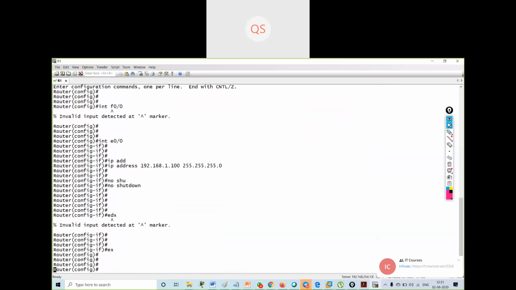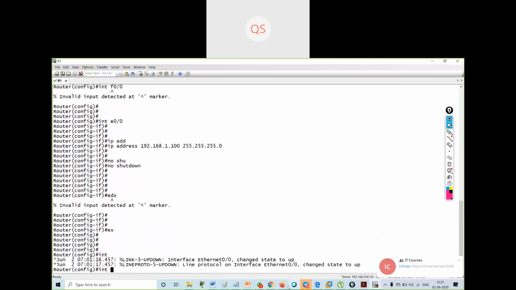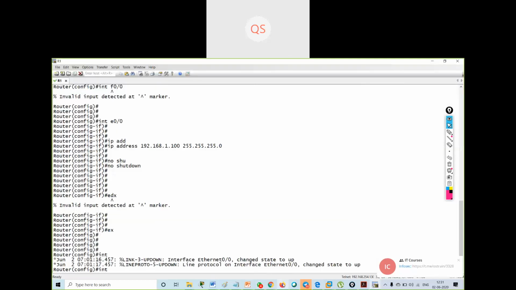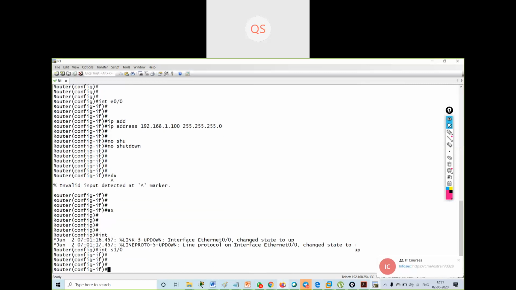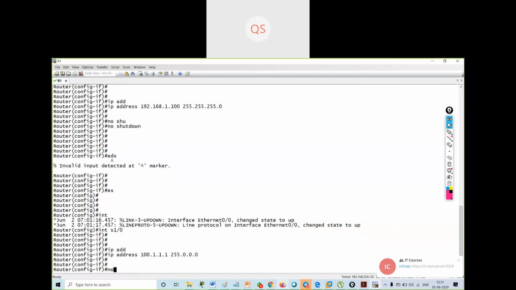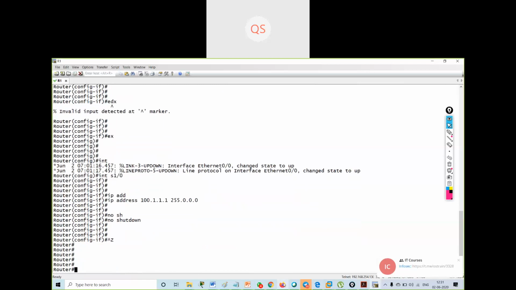Then I will say interface, what is my serial interface? My serial interface is 1/0. Serial 1/0, I will say IP address 100.1.1.1/8, no shut. Okay.